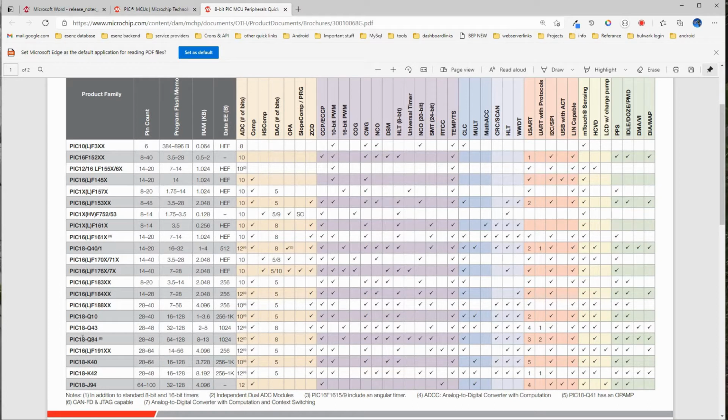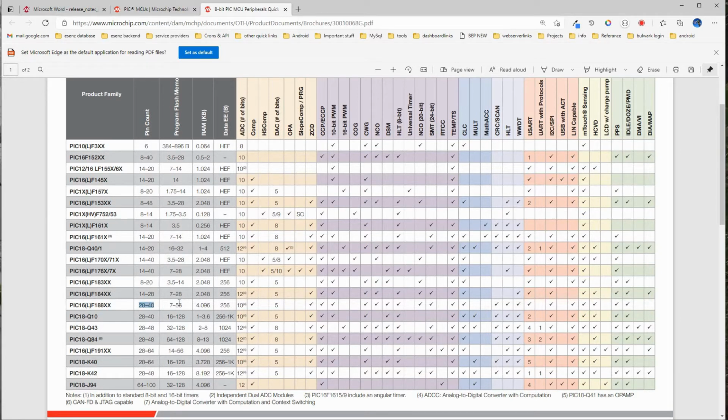So this is the pin count. If you come here, 14 to 20, we don't need this. We can use this, or I think this falls into our category, around 28 to 40 pins.